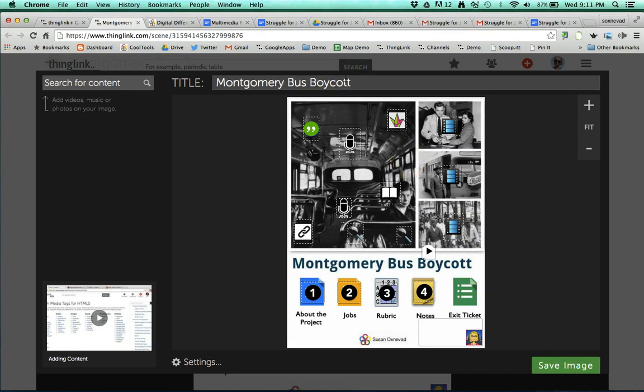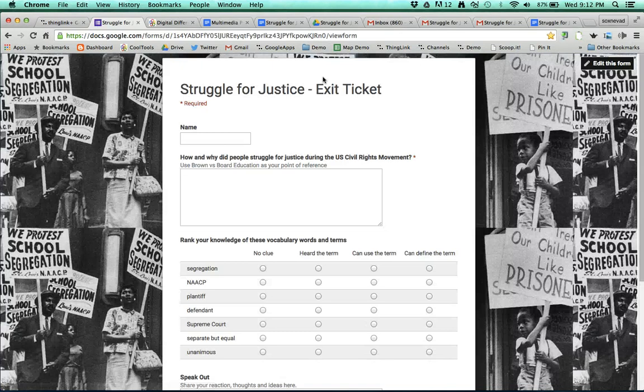It's even easier to add because you don't actually even have to publish it. There's no publishing of forms. So I'm going to go ahead to my exit ticket, and here I see the live form. Looks really nice here with the background, but that part won't show up on the ThingLink. And I'm in the viewing form, and if you know anything about Google Forms, you know nobody has to sign in to use them. So I just copy that link there,